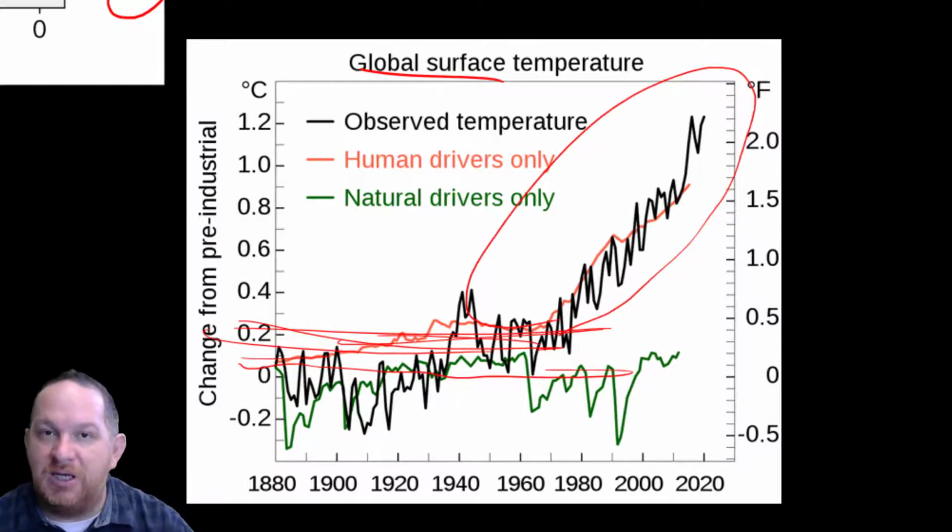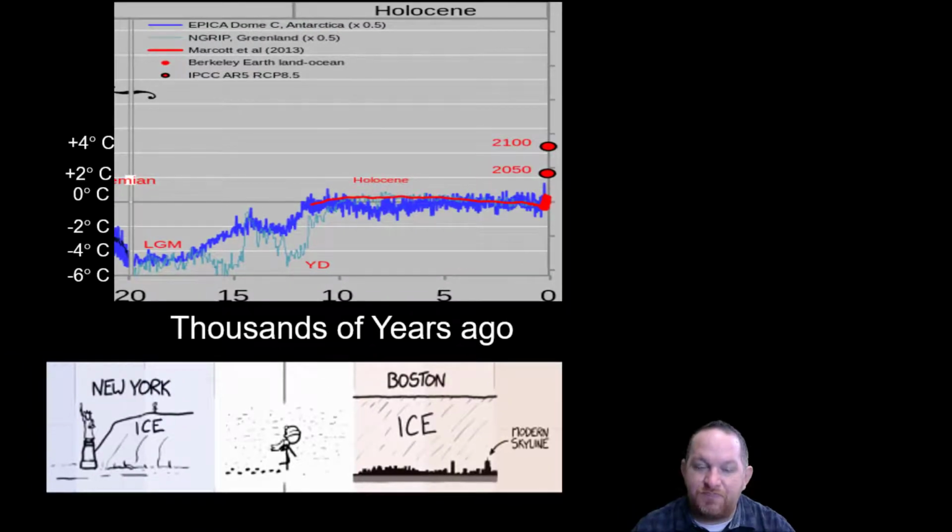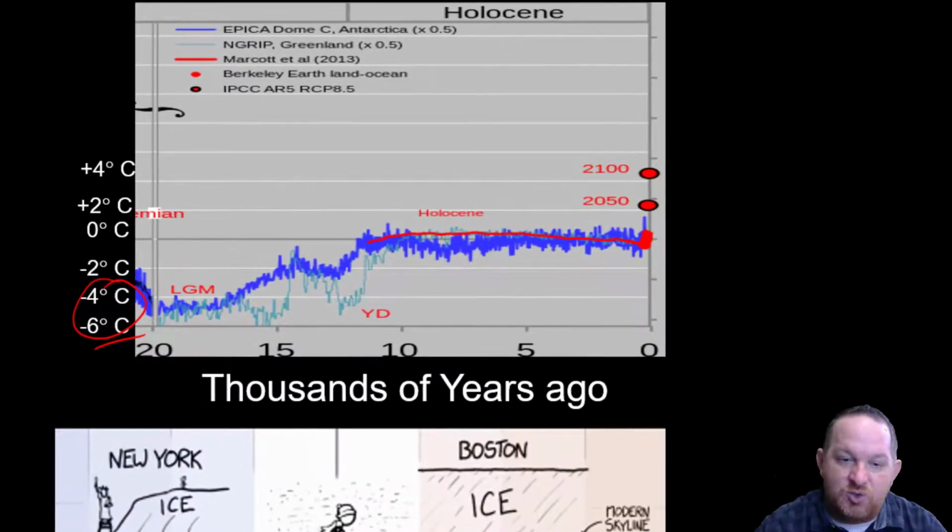Well, think back to the beginning of the video, the Ice Age. Take a guess. How many degrees cooler do you think the Earth was when we experienced the Ice Age? 20? 30 degrees cooler on average? It was actually just 4 to 6 degrees Celsius cooler. If you look to a chart here that I've pulled up, 20,000 years ago when we had the Ice Age, right?